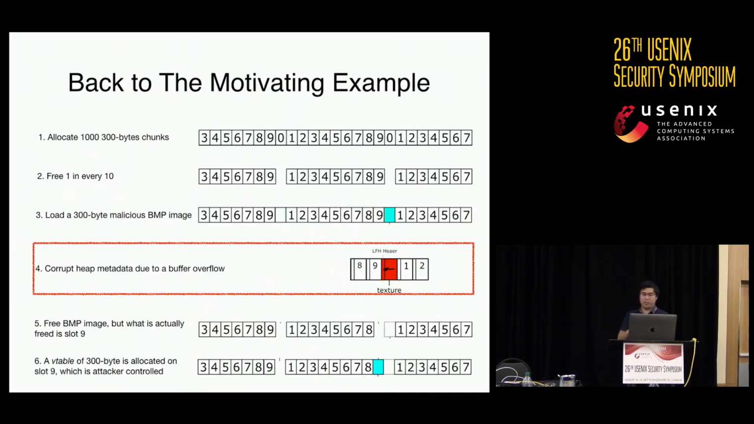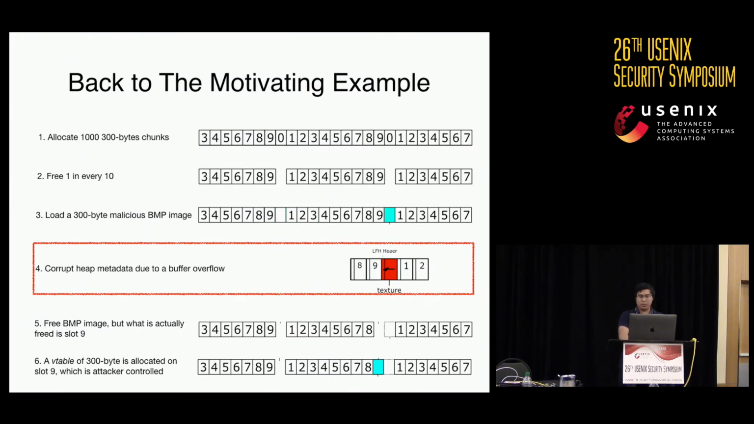Back to the motivating example: why does it fail on the Mac platform? As we said, the PDF sample is a very complicated one. It uses heap allocations to almost make sure that when you allocate the 300 megabyte BMP image, which is step 3, it will fall into some attacker-controlled slot. And then you trigger this buffer overflow to override this